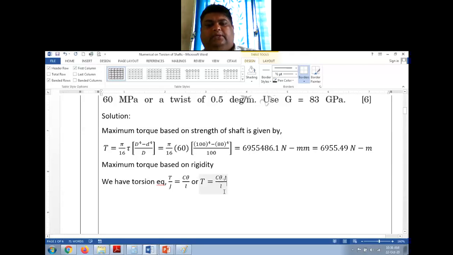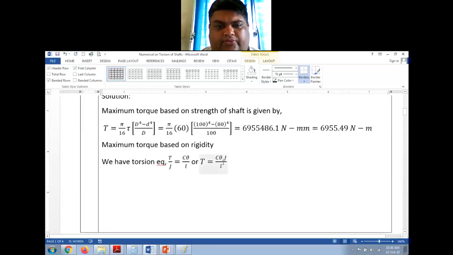So this is the strength of shaft based on rigidity. Now before I substitute all the values, let me just put this in the required quantity. Now we have